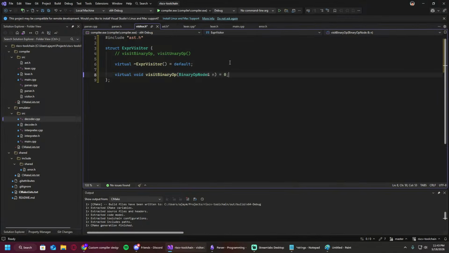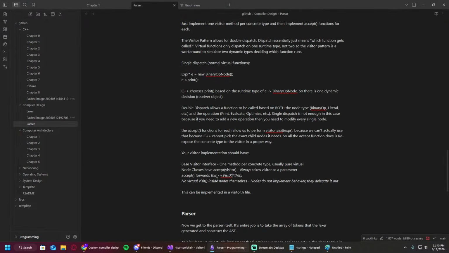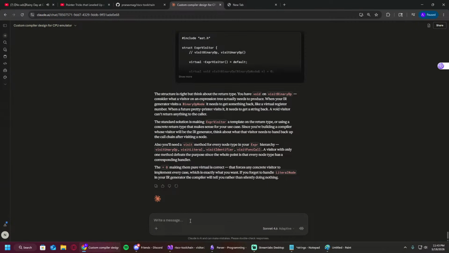Because after visiting the node, I mean, I guess it's just making that new binary op node. I would assume that is just making a primary node, and we would implement the specifics in